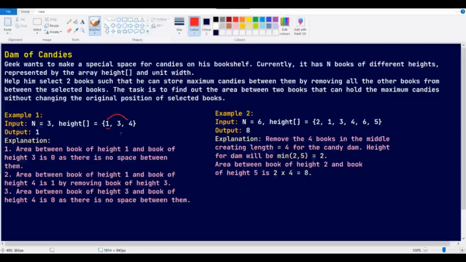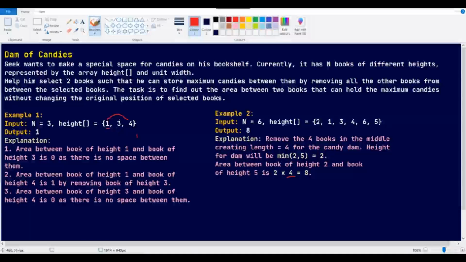1 is the minimum, so 1 into... here we got the minimum value 2 and the value 4. This is nothing but the area between the starting and end book. Here the starting book is 2 and the ending book is 5. So the area between is nothing but a difference, right? So 0, 1, 2, 3, 4, 5. 5 minus 0 will give you 5. But we are getting 4, right? So they have just subtracted 1 from that. So this is how we are getting the 4.